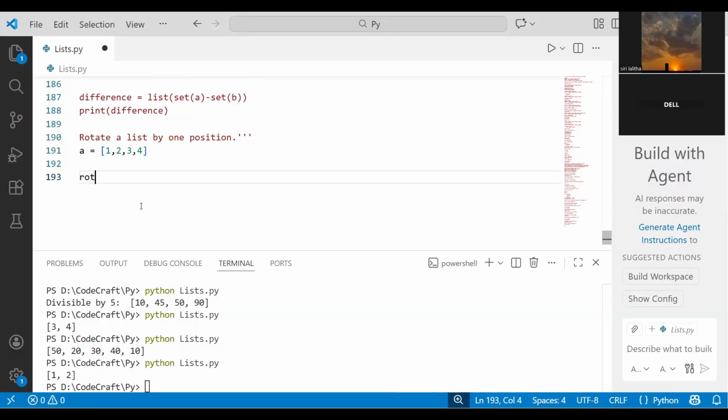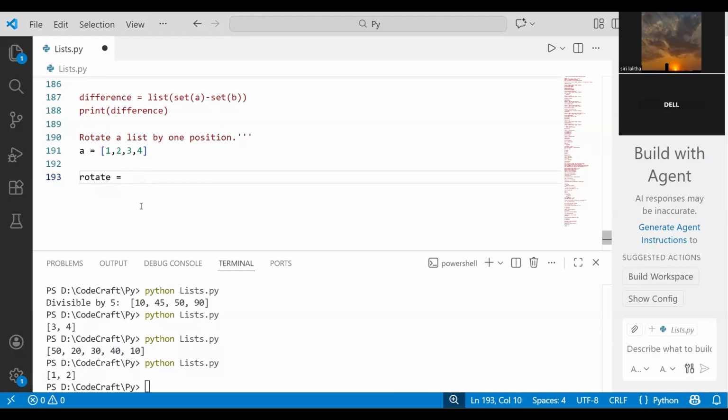Let's use rotate equal to. We are just rotating a list by one position, right? So let's take rotate equal to A of minus 1, that is the last element of the list, and